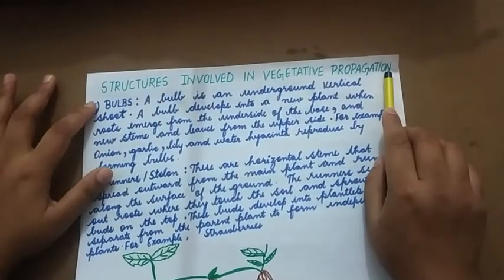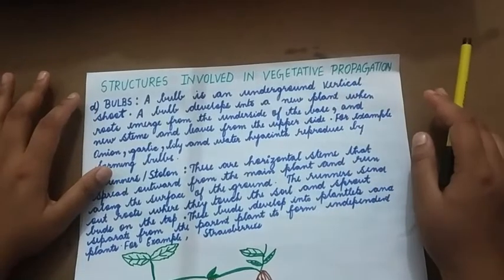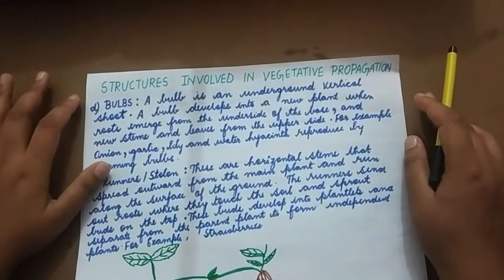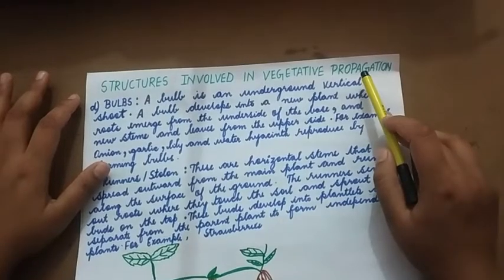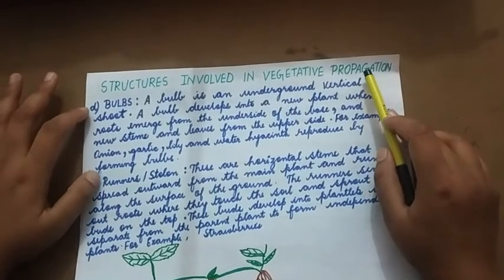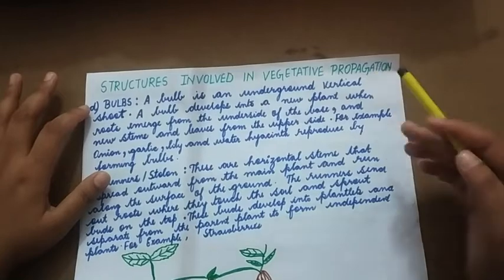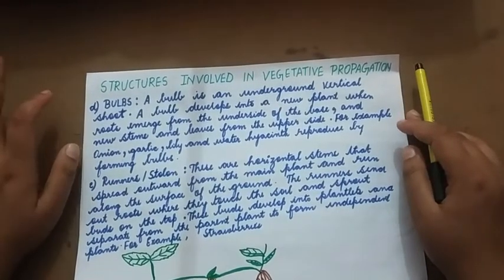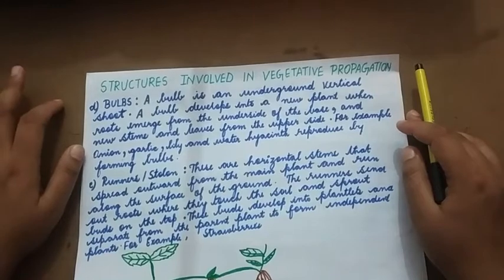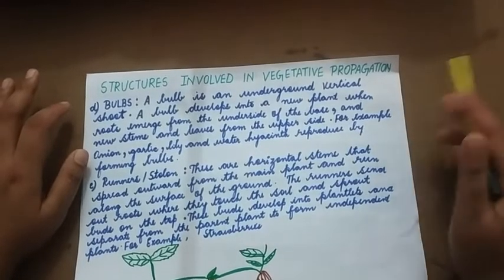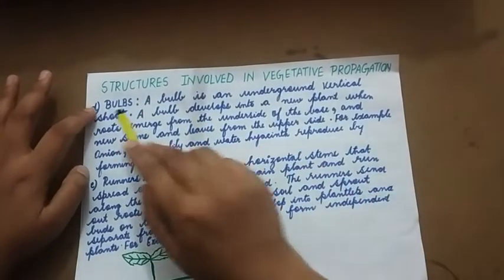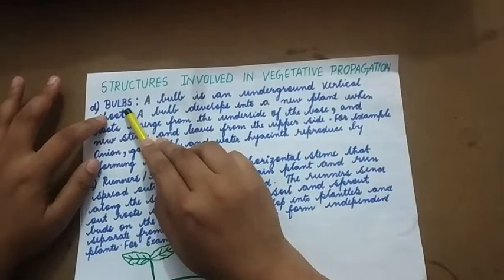In the previous class I had explained to you what vegetative parts are. Apart from flowers, the other parts of the plant, that is stem, roots, and leaves, are all known as the vegetative parts. They help in the multiplication of plants. Last class I explained rhizome and corm. So this class I will explain the bulbs.